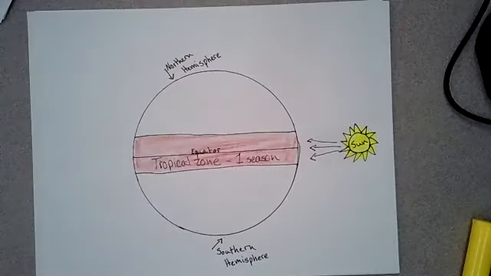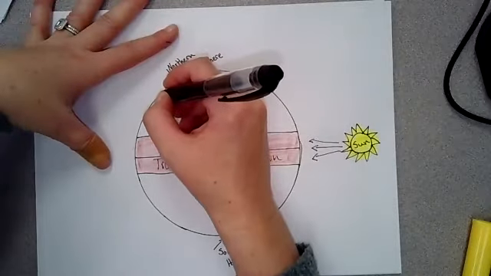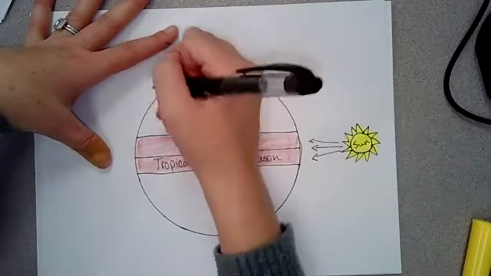Okay? All right, so the next zone that we have is this zone right here. And this is where you live. Okay? So I want you to draw in